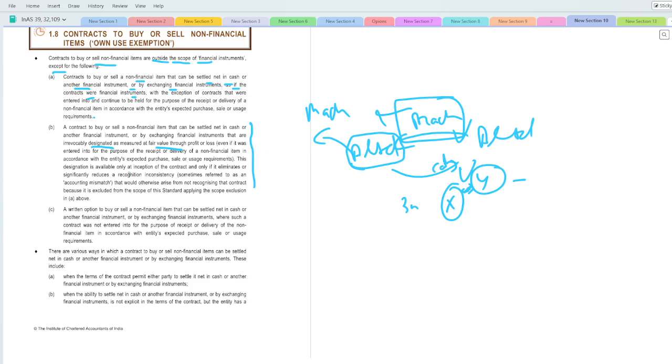ठीक है, this designation is available only at the inception of the contract, only if it eliminates or significantly reduces the inconsistency. So normally this designation, you are going for the accounting mismatch. So this is also a very important term. आई थिंक ये भी यूनिट 2 में होना चाहिए. एक बार यूनिट 2 में जब आएंगे तो हम लोग ये गो थ्रू करेंगे. सो नॉर्मली जिस डेजिग्नेशन का कंसेप्ट होता है वो एक अकाउंटिंग मिसमैच के लिए यूज़ होता है